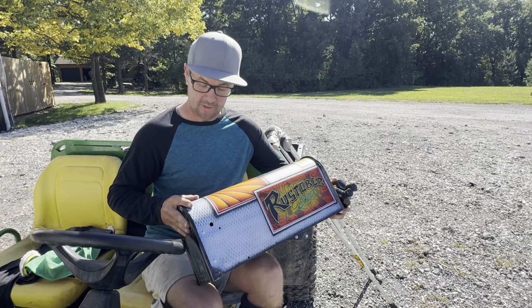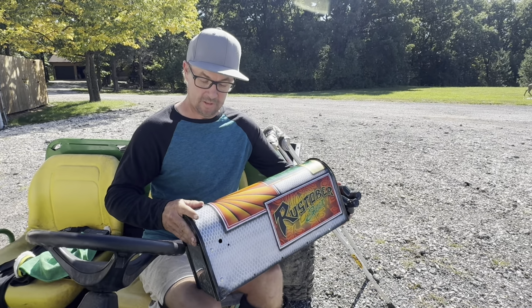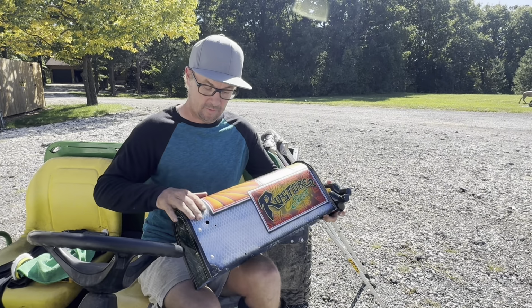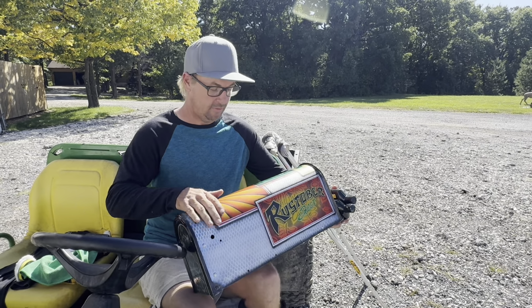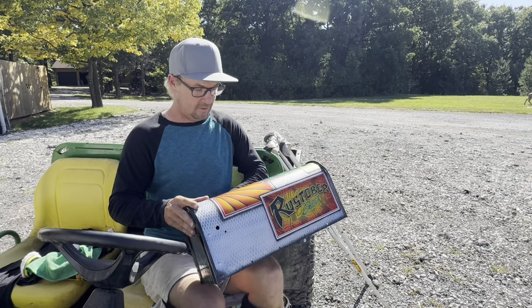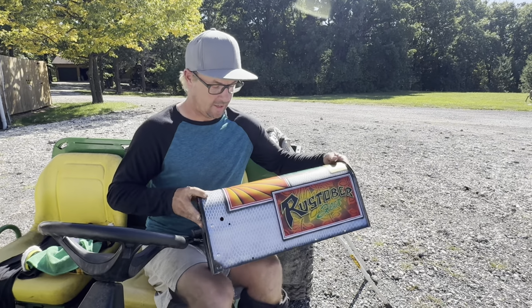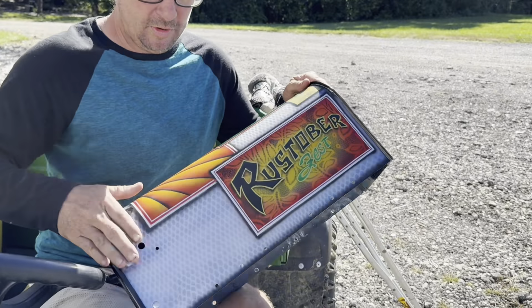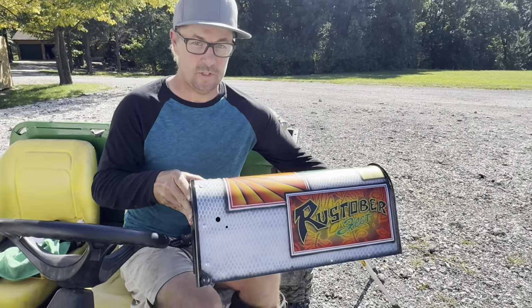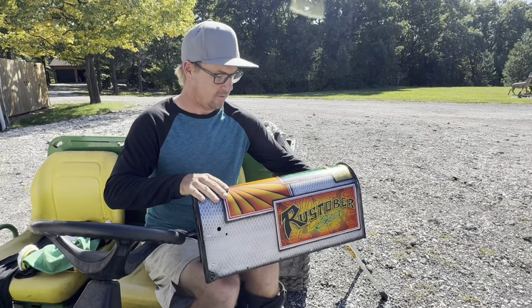Now to the point where I'm going to buff and polish. So after I let the 3 coats dry, I sanded everything down with 1000, 1500, 2000, and then 3000. So this is what it should look like. Everything is smooth and flat, but it's not super shiny yet. So after this,